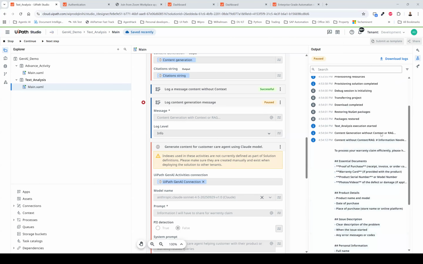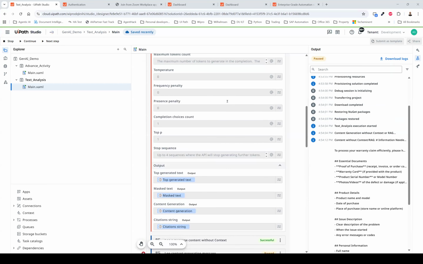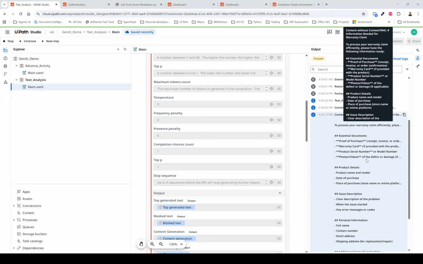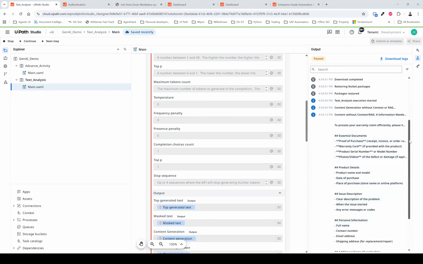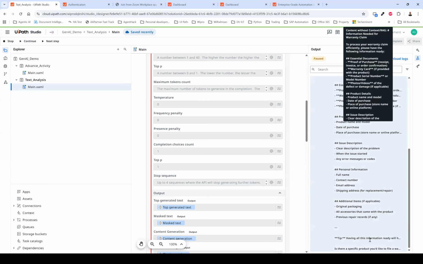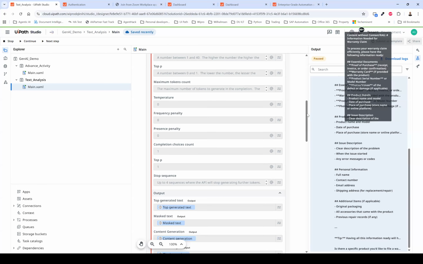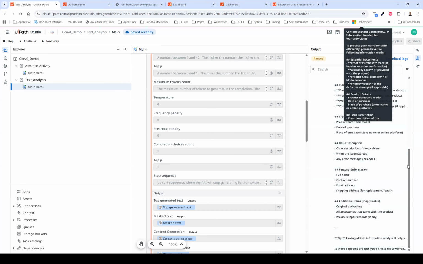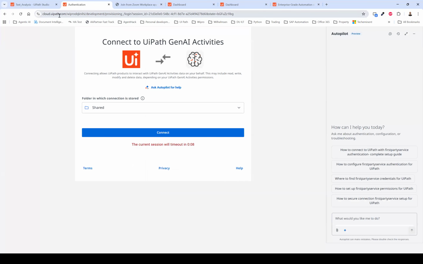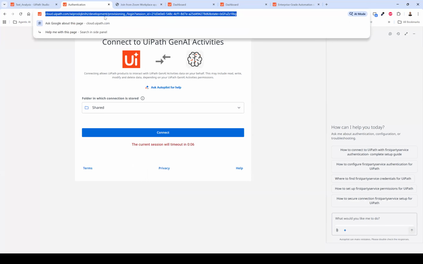We had asked the activity what details I would have to share for the warranty information. These are quite standard, or I would say as per its training data: issue description and everything. So this is a generic output. It is not related to the company we are working for. There could be different warranty details required as per the companies, right? So to see what exact details we need,